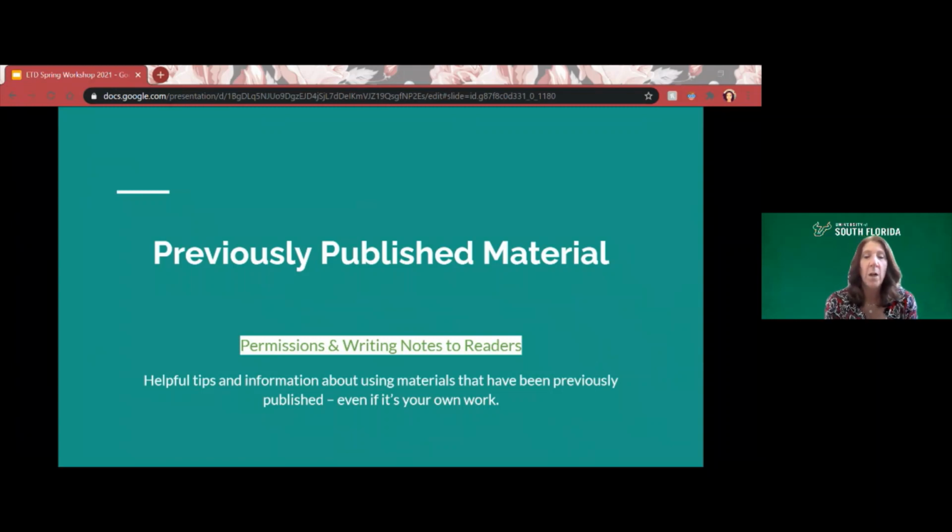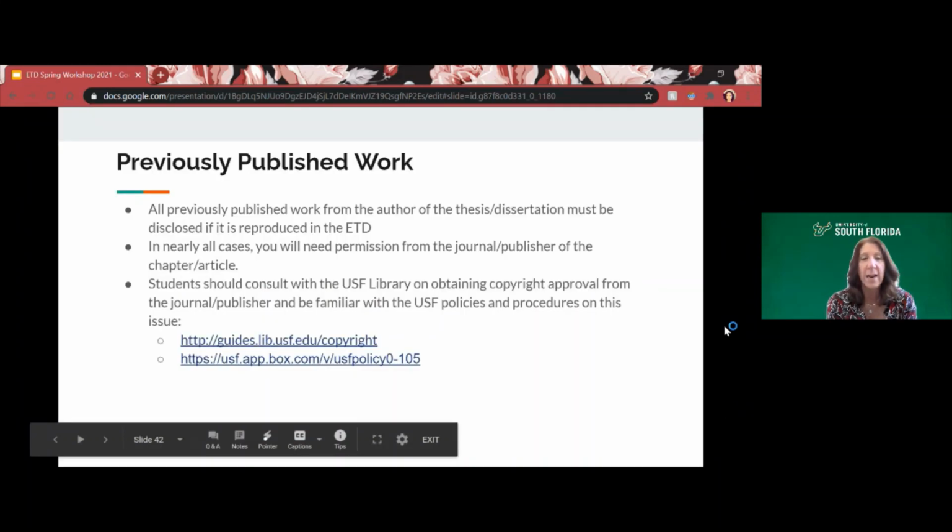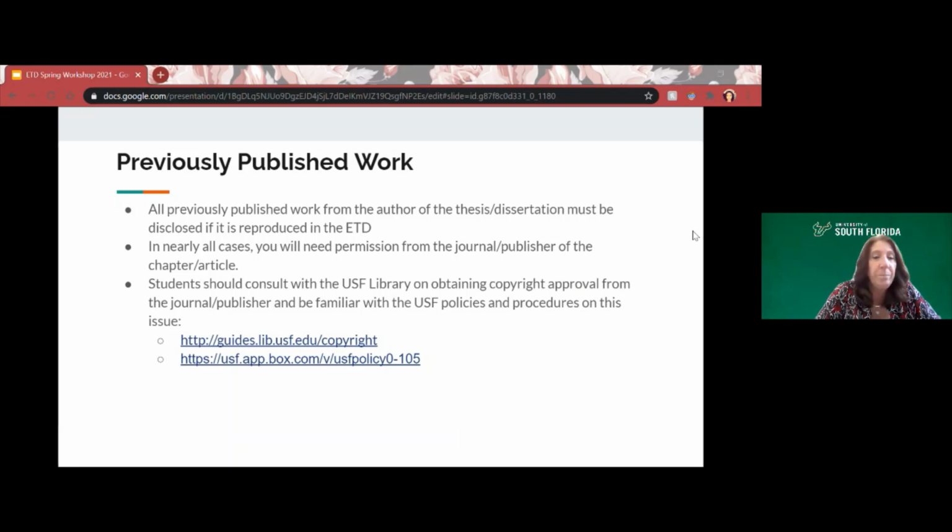This is critical. So we need to get permission. This is a copyright issue. Okay. So I know that many of you have an article that you're going to put in your dissertation or thesis. Now, here's my suggestion. It is very, very difficult to get a preprint into